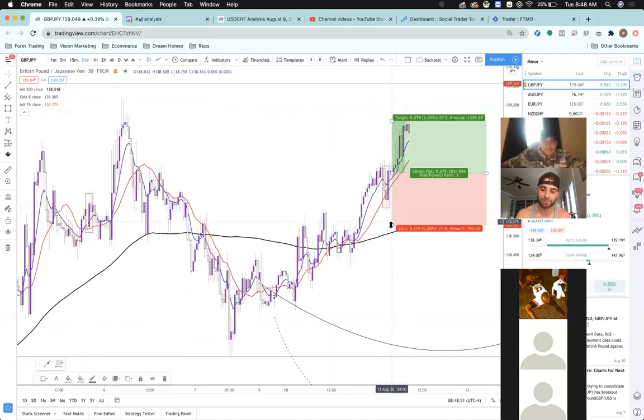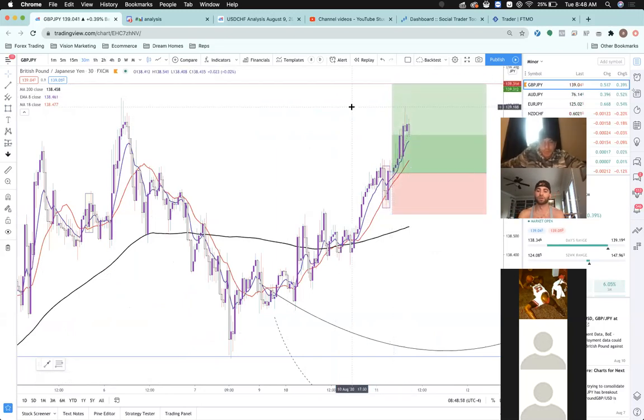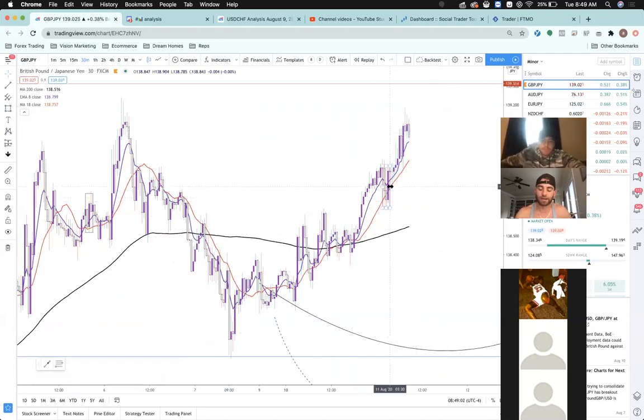Could have been an entry if you're trying to be really aggressive. Put stops like here. So target that upper level right now. So we're gonna wait for a pullback though. You know, wait for more of a pullback on GJ. Get it on the next higher low, and we'll take this thing north.